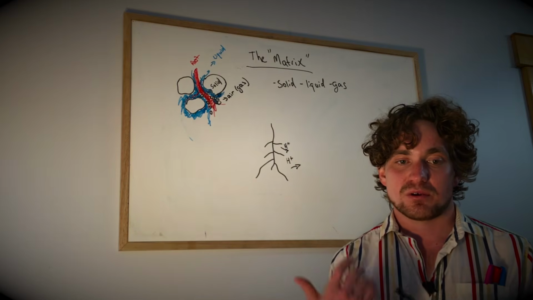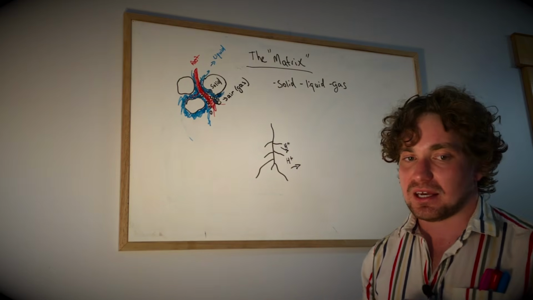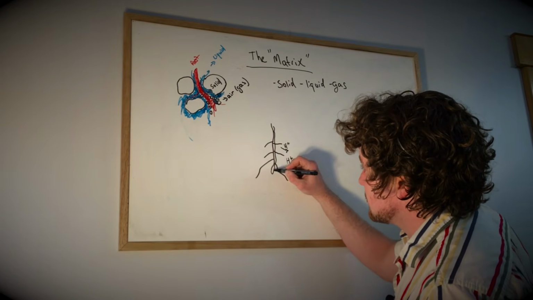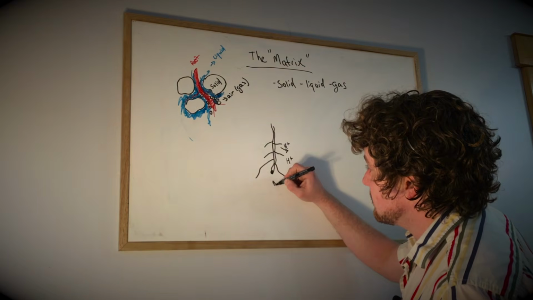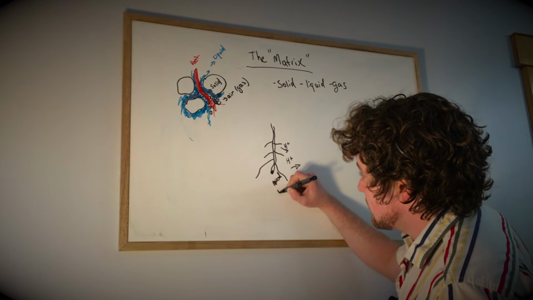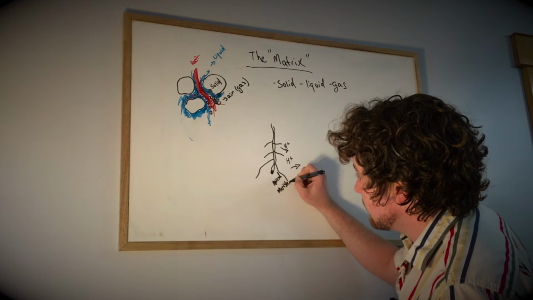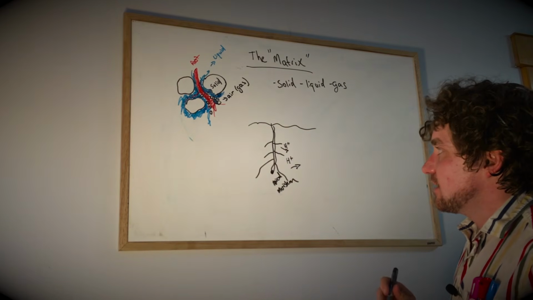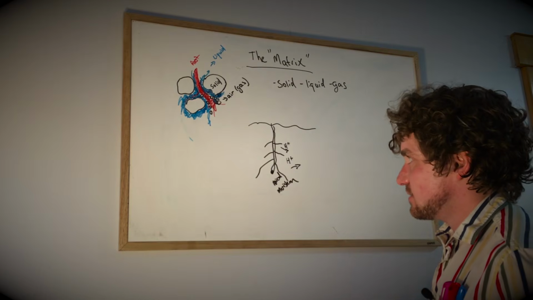So you have these protons coming out and then attaching. We just kind of draw our roots a little bit better here. It's the apical meristem, and you can have the soil surface here. We have our hydrogen